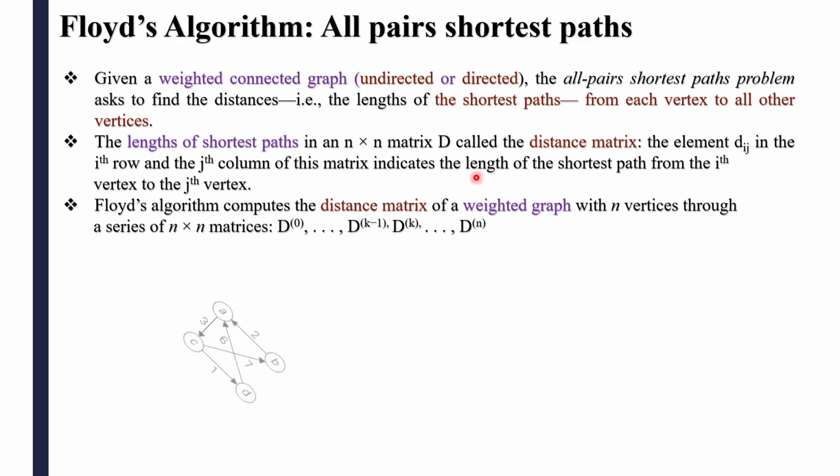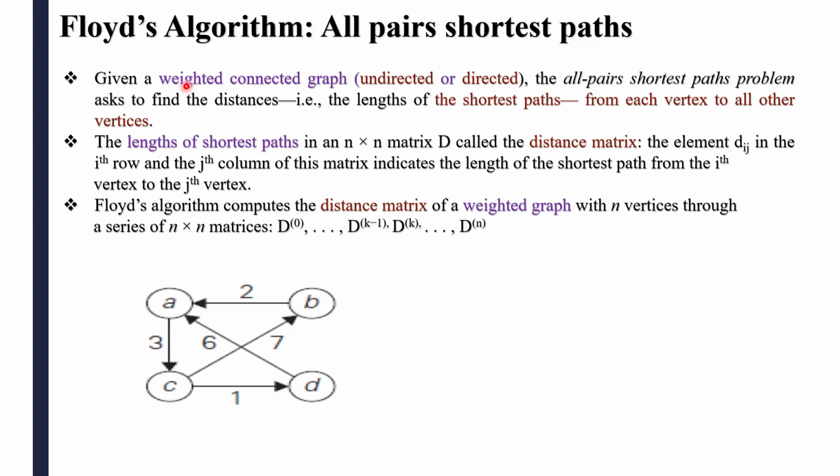So to find the all-pairs shortest paths, we need a graph, and that graph must be a weighted connected graph. It may be a directed or undirected graph here. So now this is your weighted, connected and directed graph. Weighted means that for every edge, if you have values, then we call that a weighted graph. So this is your input, and my aim now is: